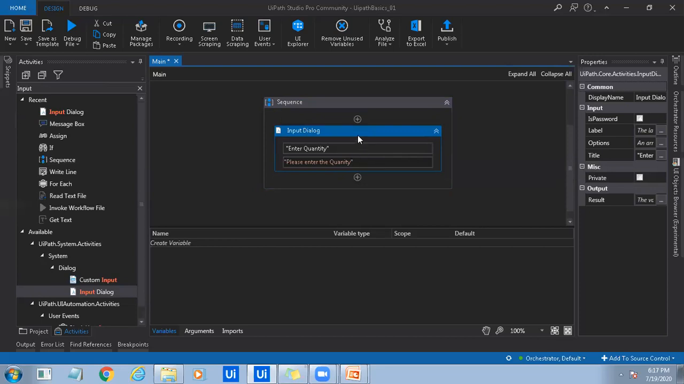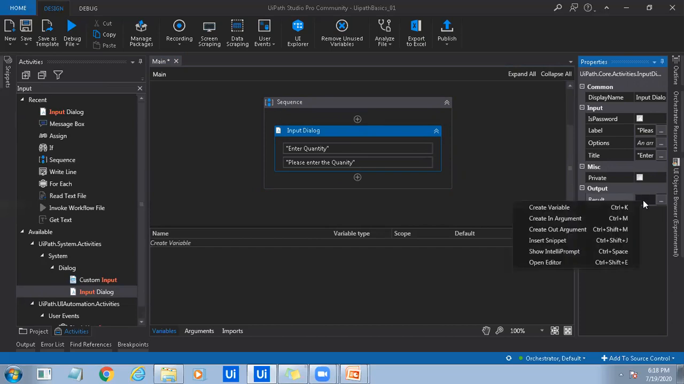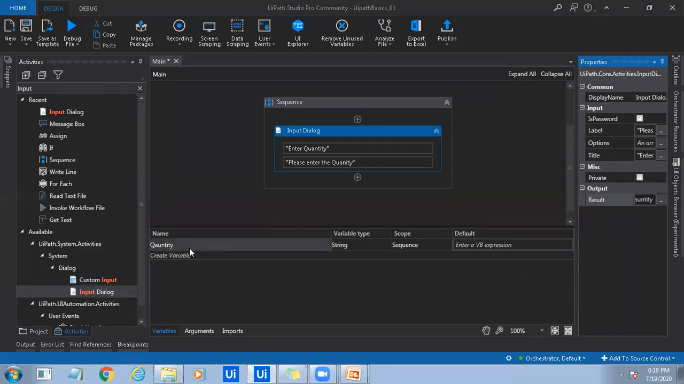Okay. And that should be stored in a variable over here. To create a variable, you can either right click on it or you can use Control K. So this is one way of creating a variable. Let me right click and then select Create Variable, and I'll name it quantity and hit enter. You can see that the variable is created over here, in the Variables section, and by default it will get created as